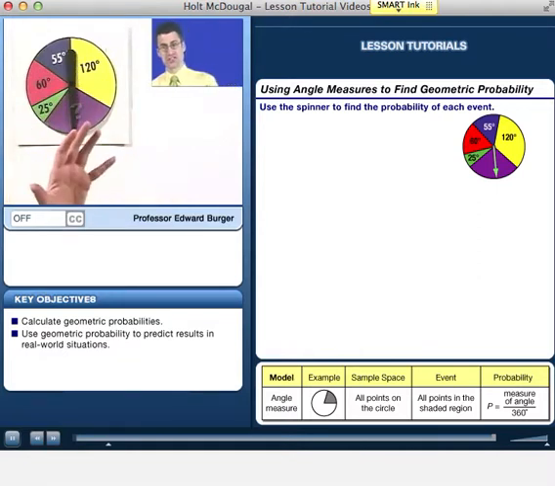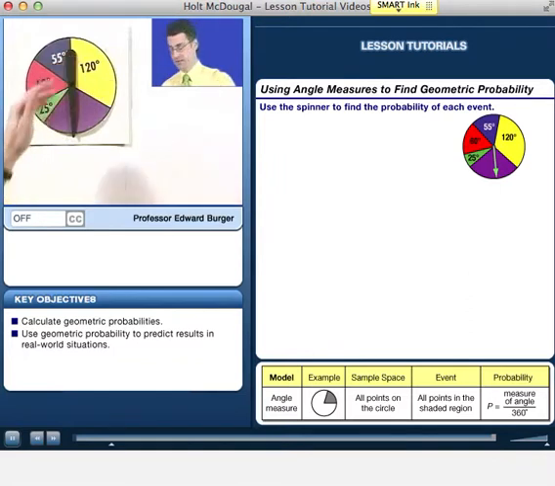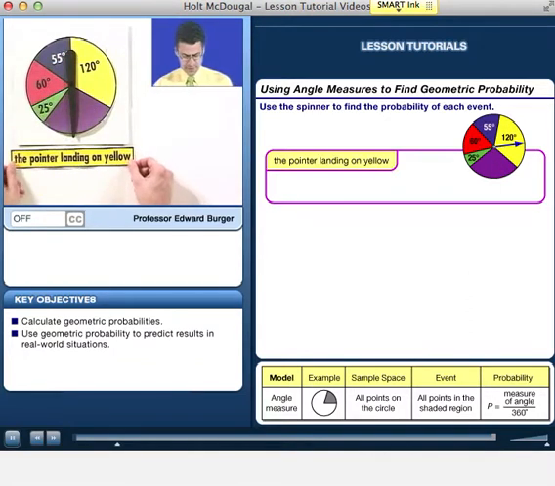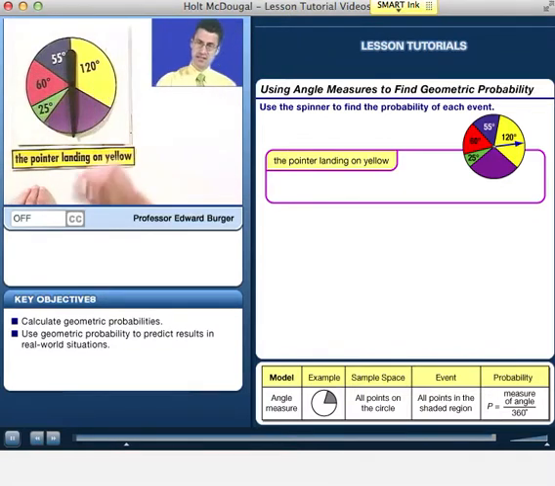And we can actually use those degrees to figure out a variety of probabilities. Let's find the probability that the pointer lands on yellow. Well, I see that out of 360 equally likely places, assuming the spinner's fair, that the spinner can land, 120 of those degrees are yellow. So the probability of yellow,